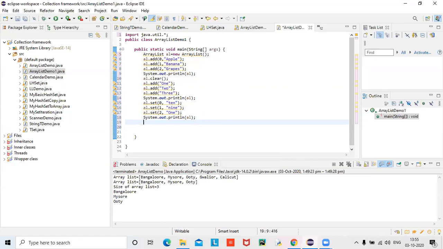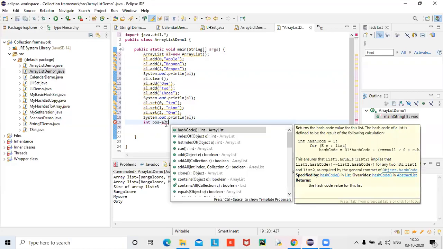I have given positions. With the help of position you can retrieve the element. int pos is equal to al dot, I want to get the position of 9 there.